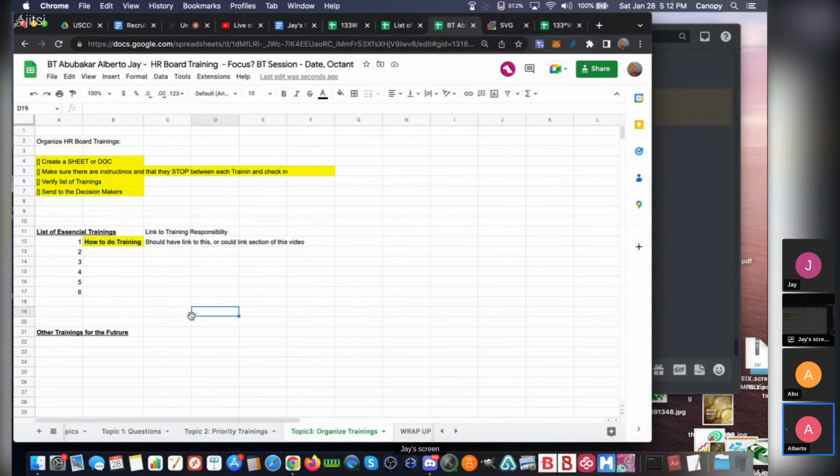Yeah, specifically for the decision makers. Well, on the HR board, but we'd be using the trainings from previous groups. The only difference is that we might want to simplify them, shorten them, or prioritize them slightly differently than for a normal worker.